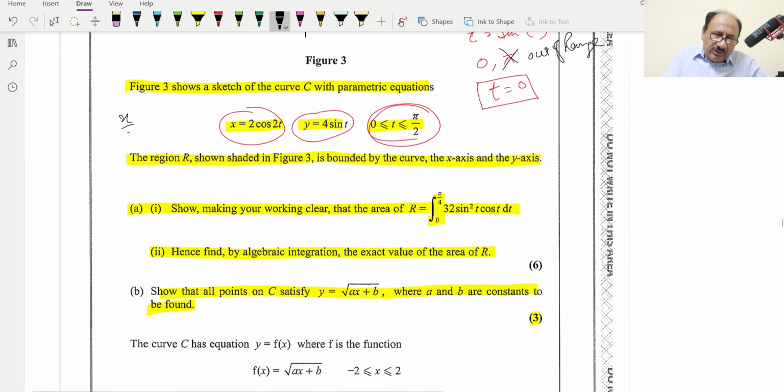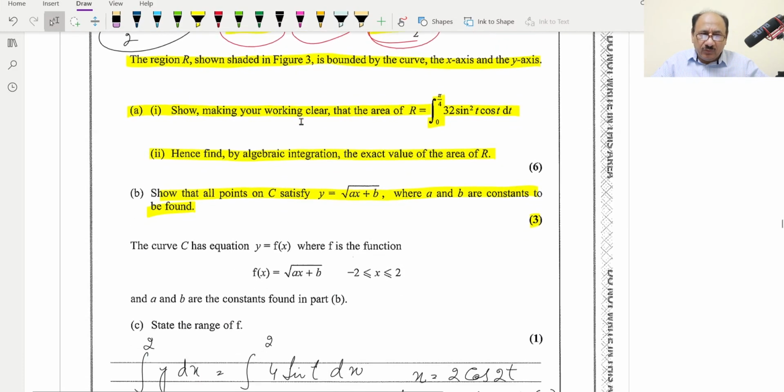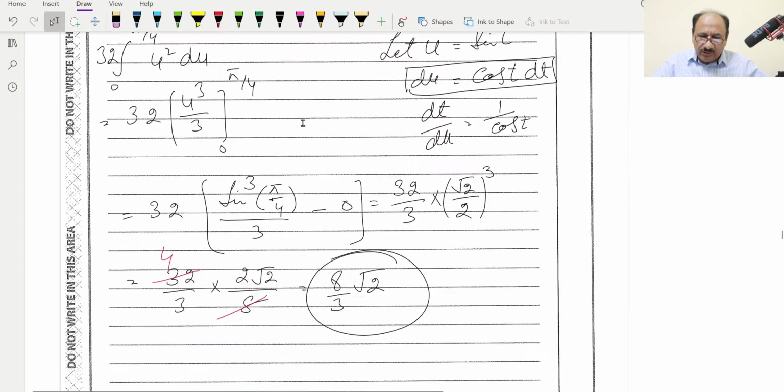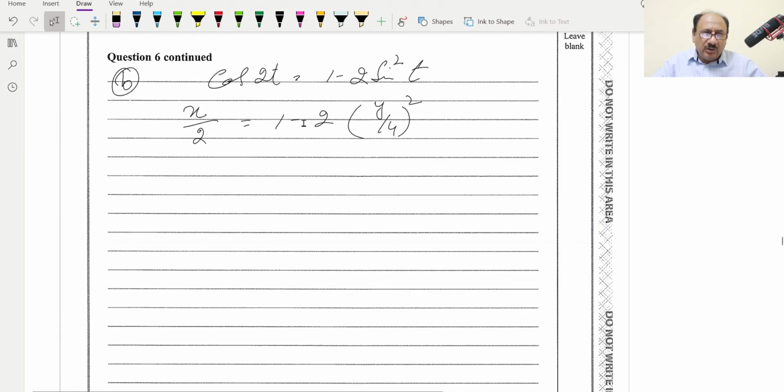So x by 2 will be equal to cos of 2t from here, and sine square t will be equal to (y by 4) square. So we have written over here. Hopefully you understood this. Now we can rewrite it as, after cancellation, we can write x by 2 is equal